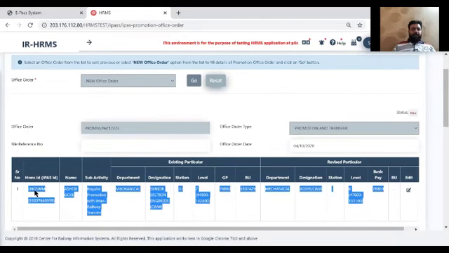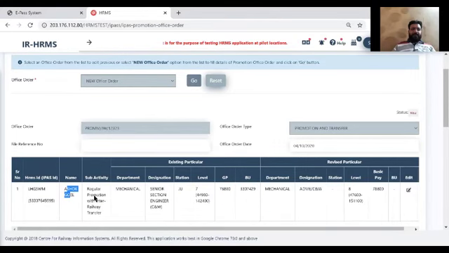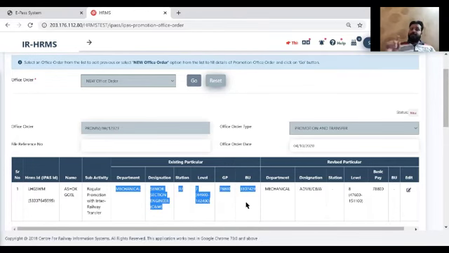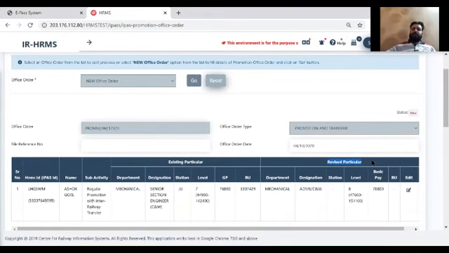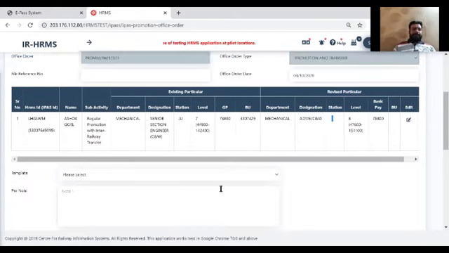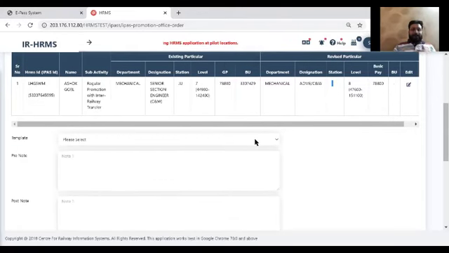What we have here is HMS ID, IPAS number, name, reason of transfer, then existing particulars of that particular employee. So in the existing particular, we have department, designation, station, BU, whatever the information available in the current tab of employee. Then revised particular, the information that is going to be updated after execution of this office order. Same, we have department, designation, label, BU we have not entered, station we have not entered, so these parts are blank.